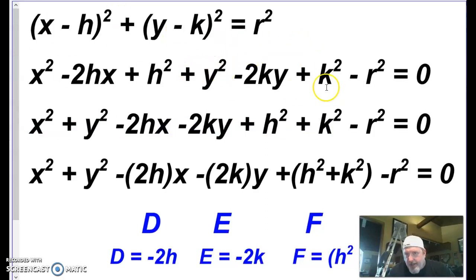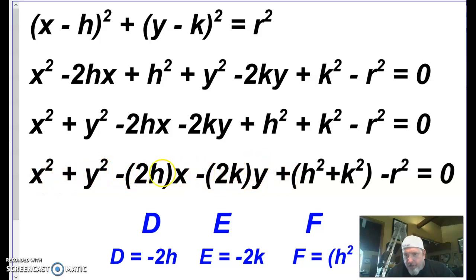All right, so now I've got a hodgepodge of stuff going on here. I'm going to put x squared and y squared first, only because that's how it is in general form. Put my x term, then my y term. You can see I've got h and k squared and r squared at the end. And this right here is actually